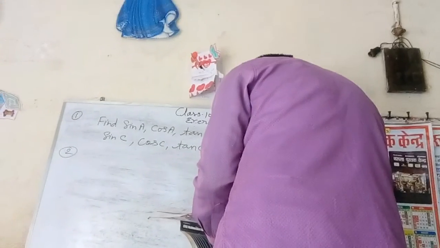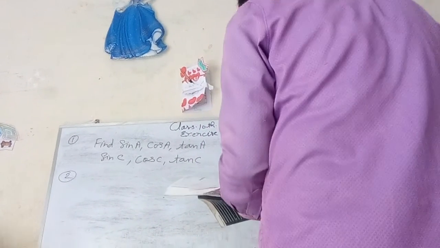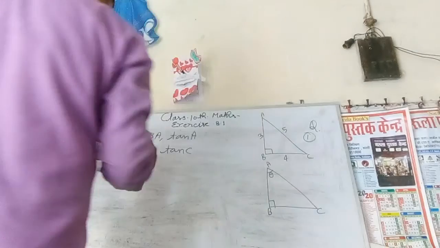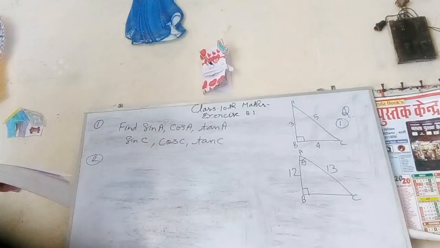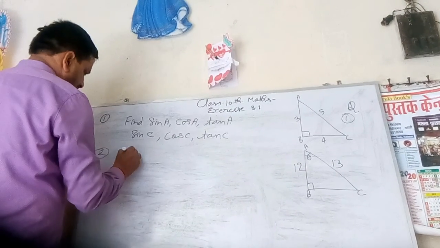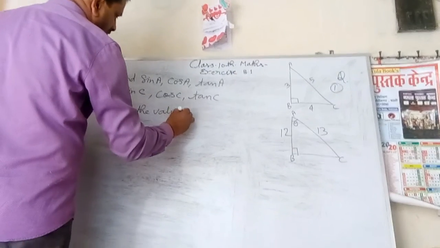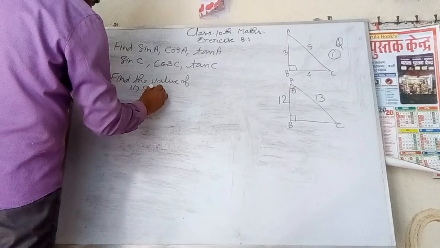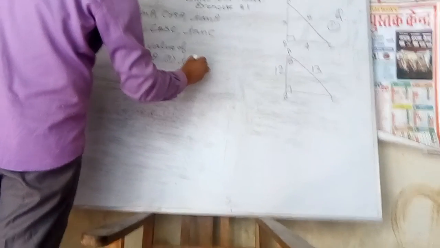This angle is theta, A, angle B 90 degrees and angle C, and here 13 and here 12, and we are asked to find the value of the first part, sine of angle theta, second part, tangent of angle theta,